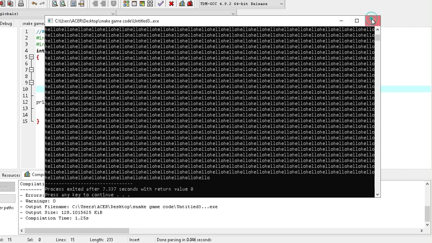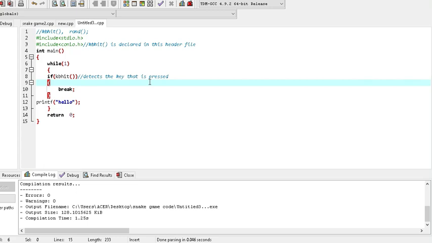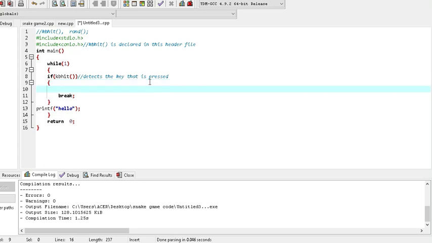Now suppose I want to know which key the user has pressed. See how you can do that. Suppose I want to know on pressing which key the loop actually stops.